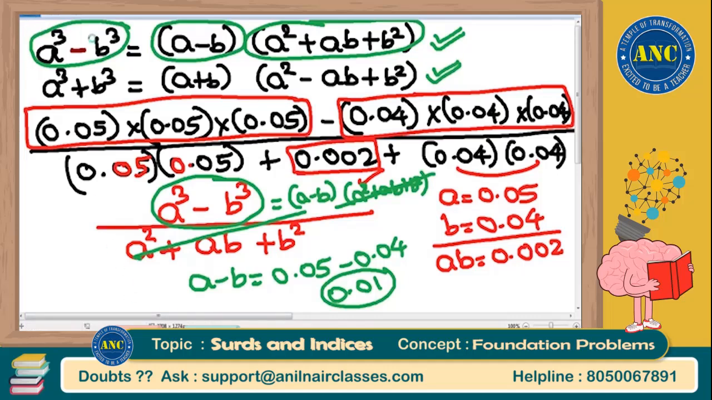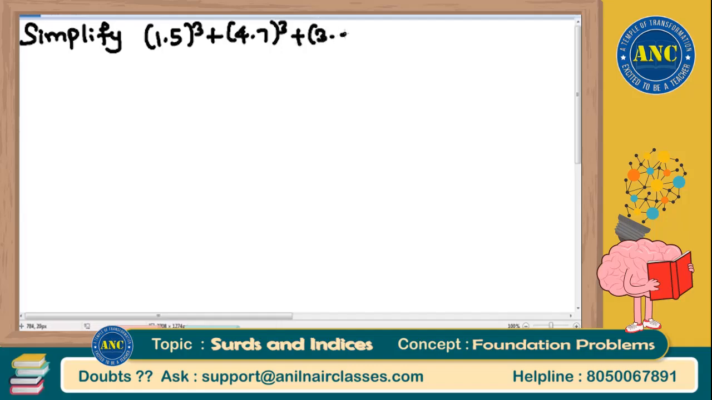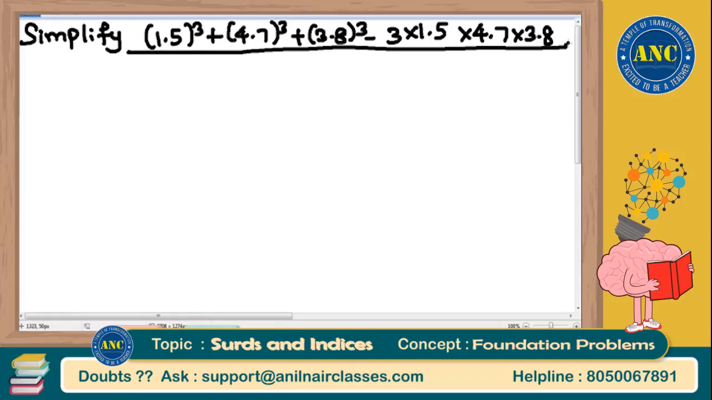Suppose your question is simplify. I am writing the question exactly how it is given. Simplify 1.5 cube plus 4.7 cube plus 3.8 cube minus 3 into 1.5 into 4.7 into 3.8. Whole thing divided by